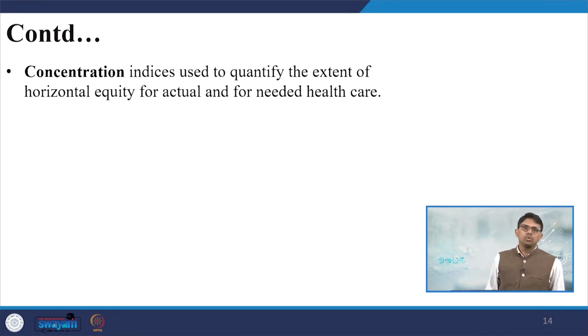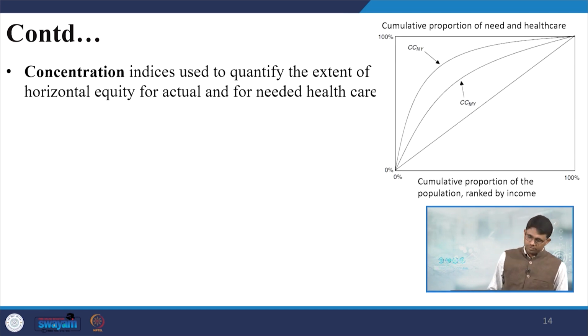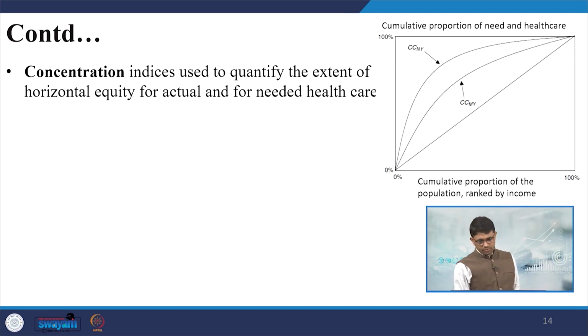Coming to the identification or measurement of that inequity, we take the concentration indices, and that index quantifies the extent of horizontal inequity for actual and for needed healthcare. The question here is how actual and needed are defined. We will give you practical handouts and hands-on experience in our next lecture. However, we are just measuring in this diagram